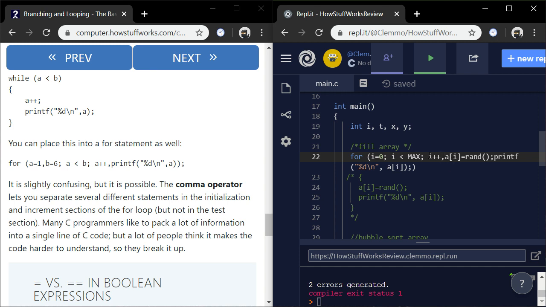So that's going to be semicolon. That's going to be comma. And then I have 2 statements. But I don't know. Is that going to be a comma there?